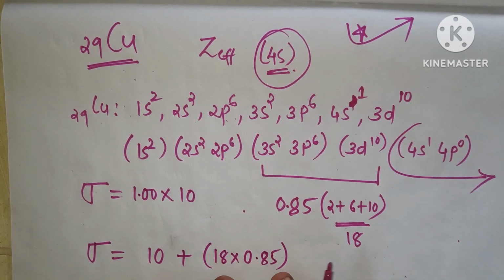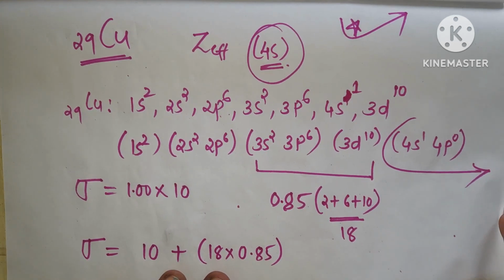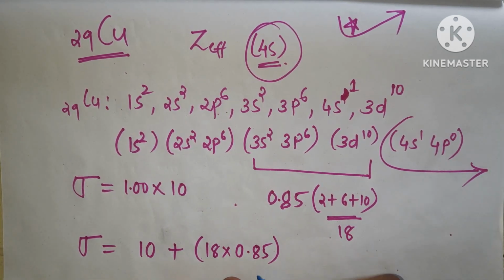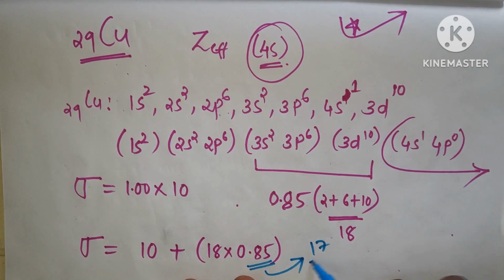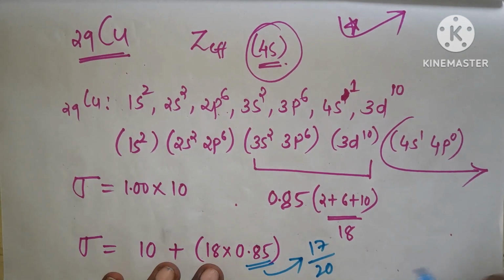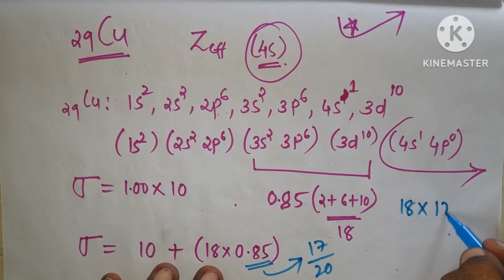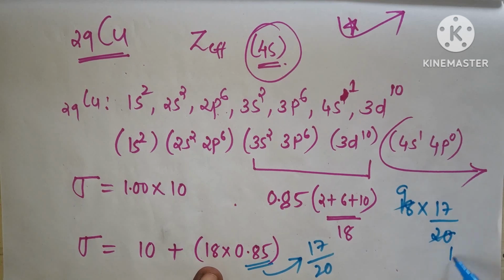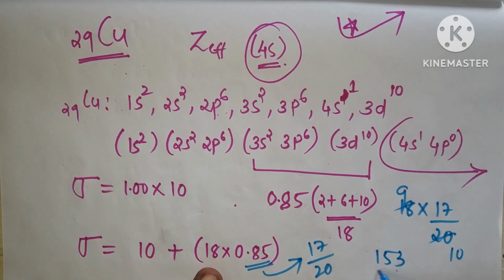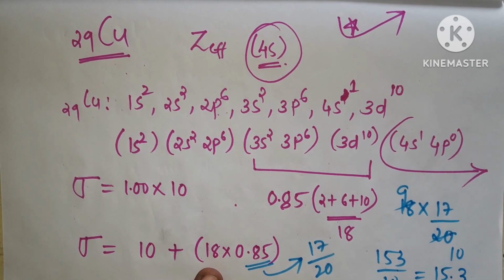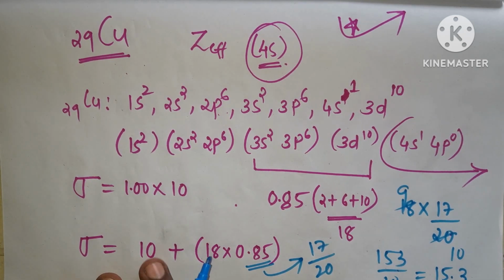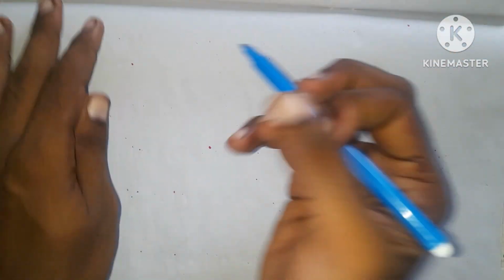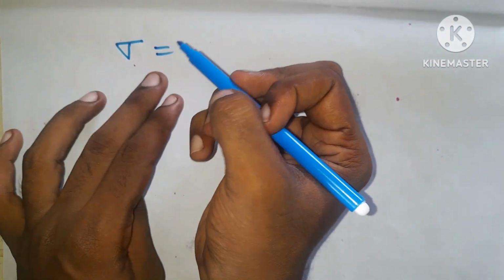You can calculate with your calculator or any other method, but I'll show you a different kind of method that I mentioned before. Consider this 0.85 in the form of a fraction. So the calculation for 18 into 0.85 will be 18 into 17 divided by 20, where this would become 9 over 10. 17 9s are 153 divided by 10, that will be easily calculated as 15.3. So 15.3 plus 10 is the shielding constant for copper at the 4s